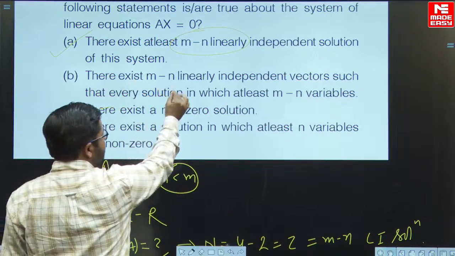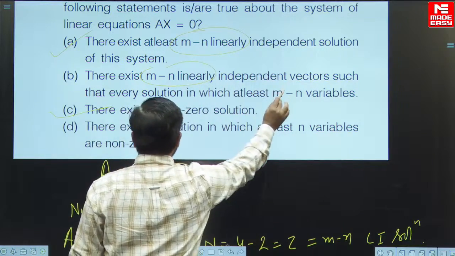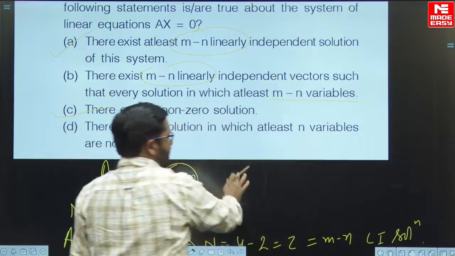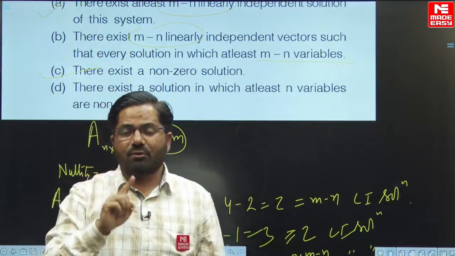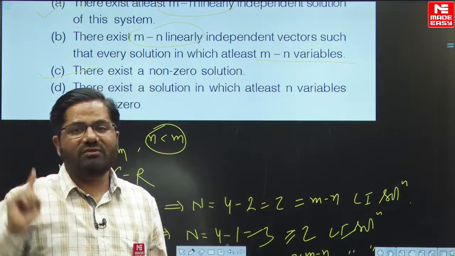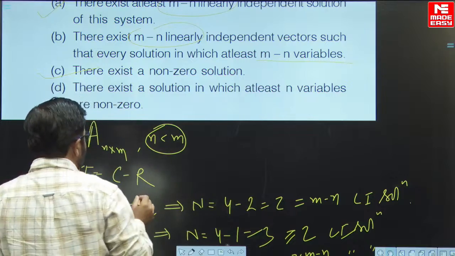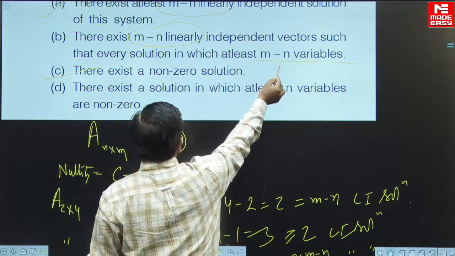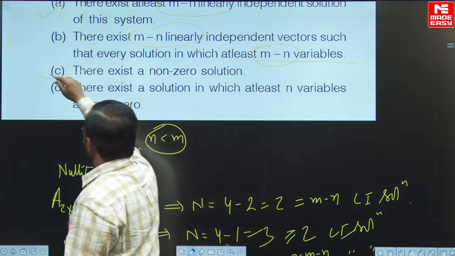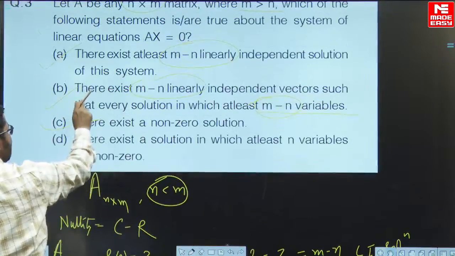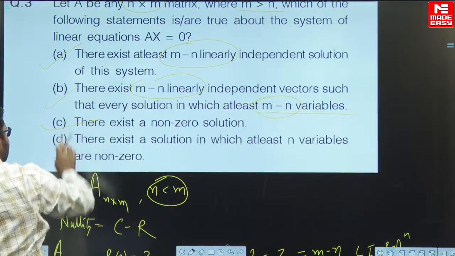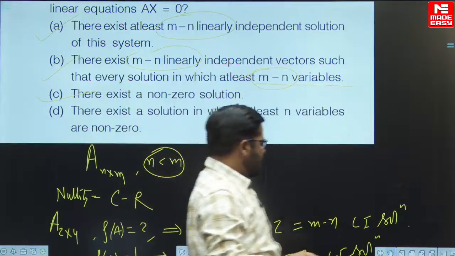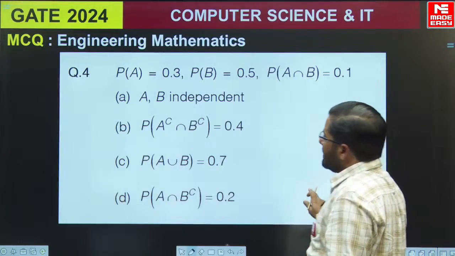Option B: there exist m minus n linearly independent vectors such that every solution is a combination of them, with at least m minus n variables। अच्छा एक बात और याद रखिएगा, number of independent solutions equals to number of free variables in your homogeneous system, independent solutions are m minus n, तो free variables उसके इक्वल होंगे m minus n के, it means this option is also correct, means option B is the immediate conclusion of option A। So option A, option B and option C are the answers of this particular question। ये अच्छा क्वेश्चन था।